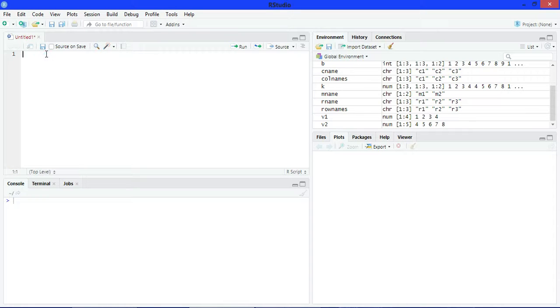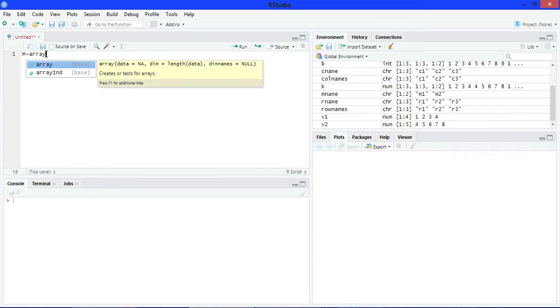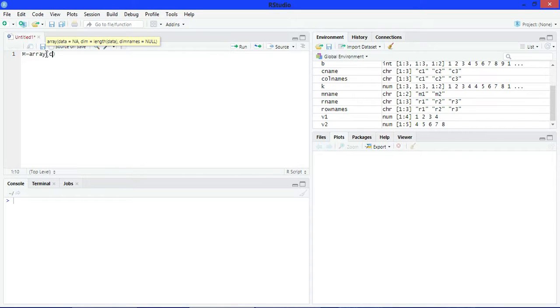Make an array m is equal to array, write here c and pass 9 elements.